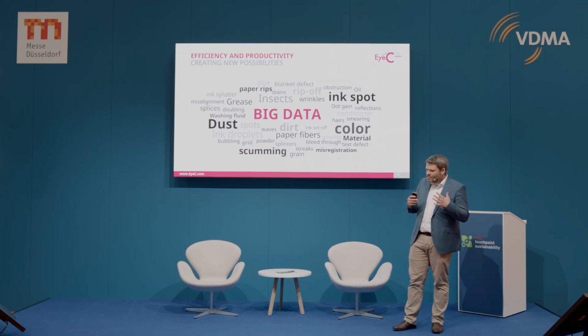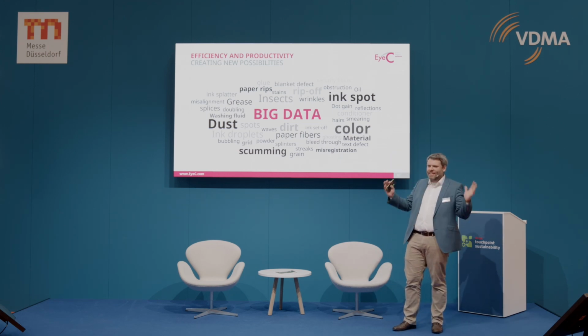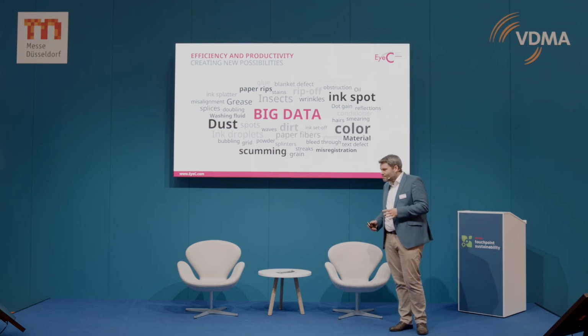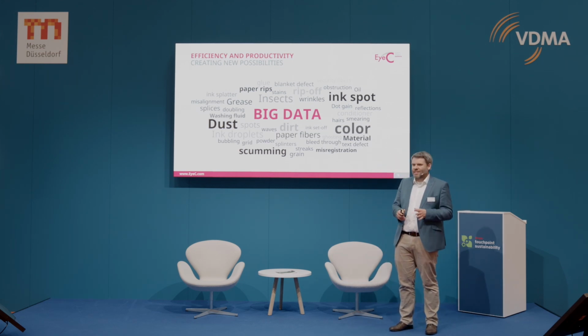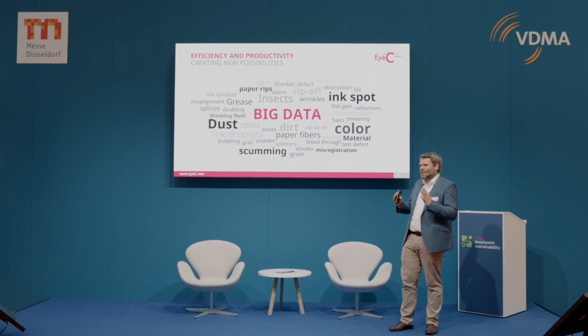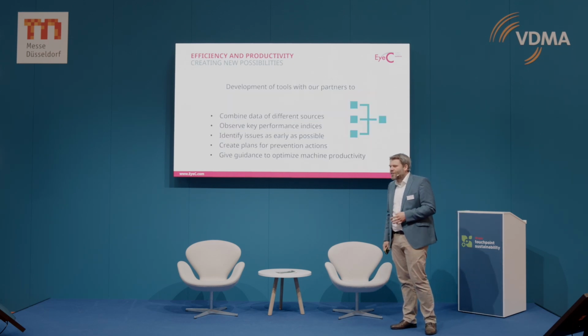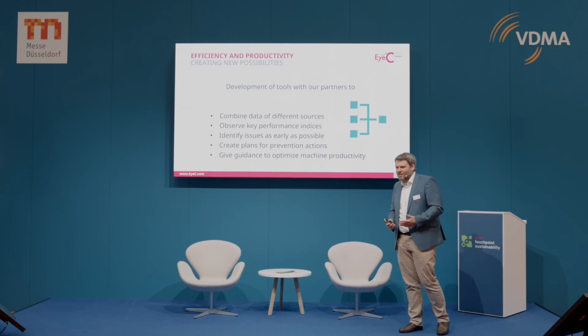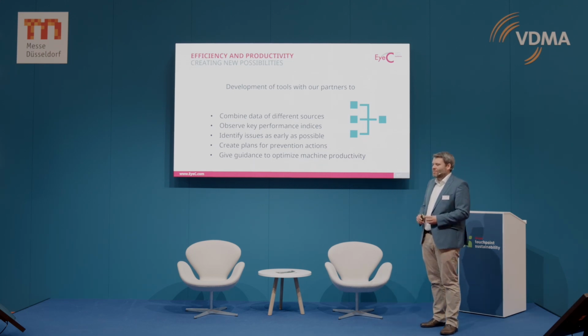So in total, we create a completely new way of using print inspection. We're not only checking for defects anymore, but we become a tool for recommendations for the operator. So we're working very close with our partners like Koenig & Bauer, Manroland, and Landa, and Sheetfed specifically, to